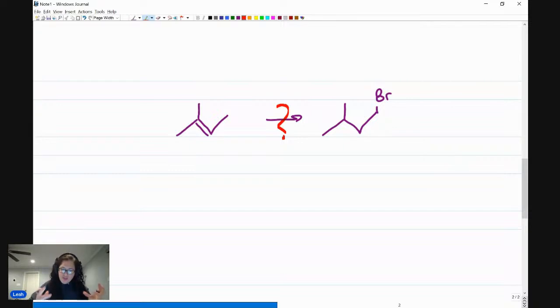We are going to look at the foundation of synthesis from a practice perspective. So the problems I'm going to use are Orgo 1, very similar to what I already have on my free